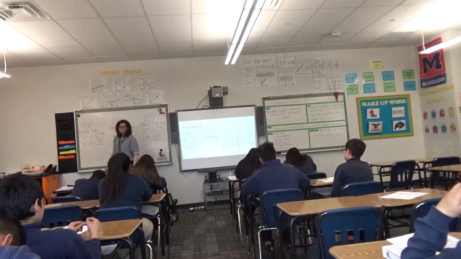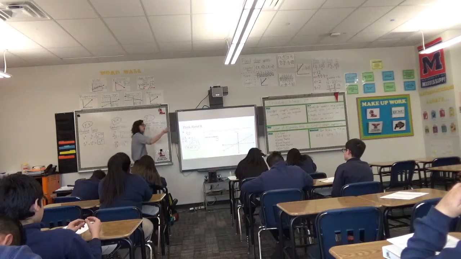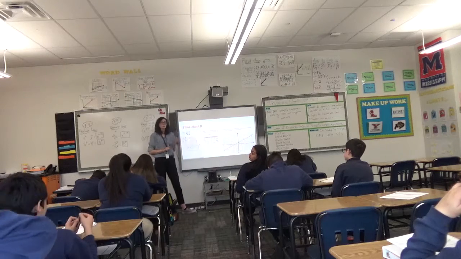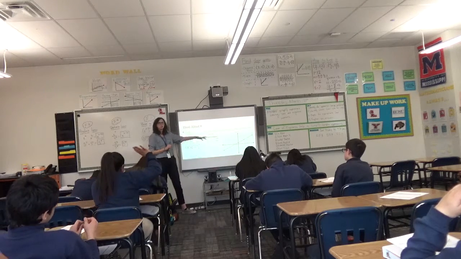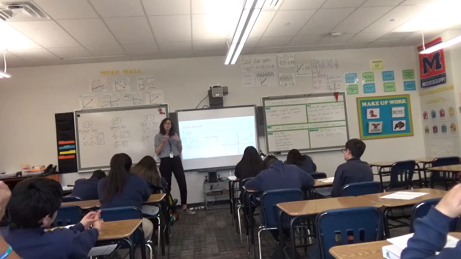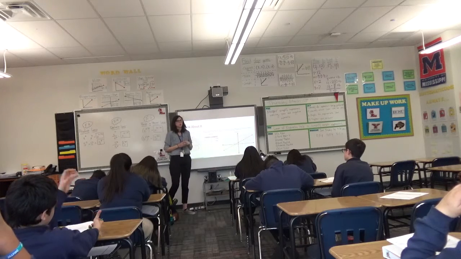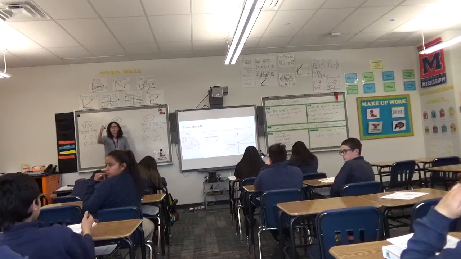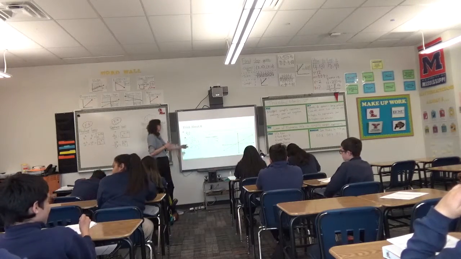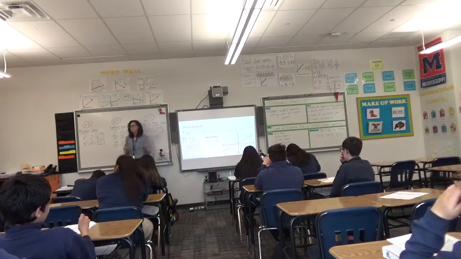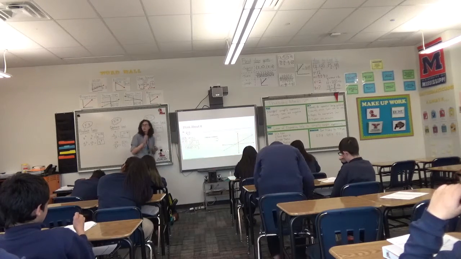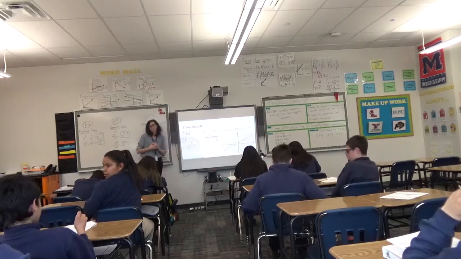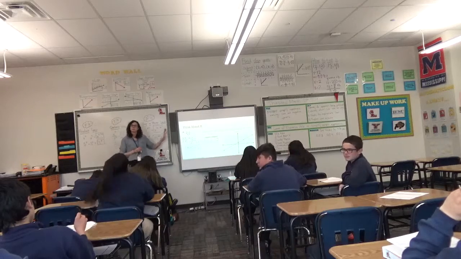What's another way I could do it? Visually. What do you think? Once I have these points, what can I use? Is there anything on the board that you guys see once you have 2 sets of coordinate points that you could use? Is there anything on the board you see that we may have done before where we have 2 sets of coordinate points to solve for slope? Anything already done?